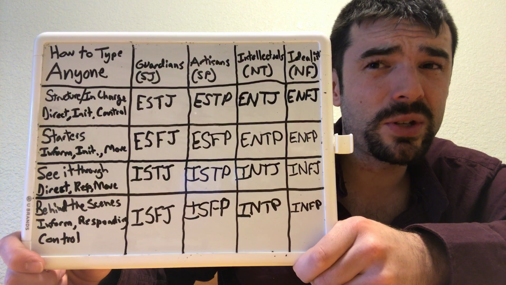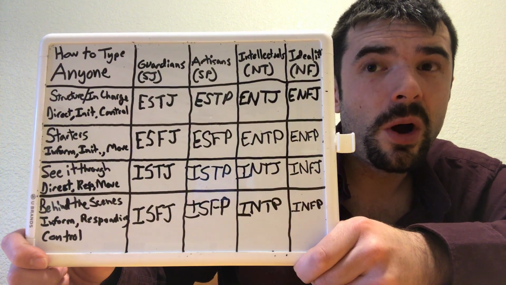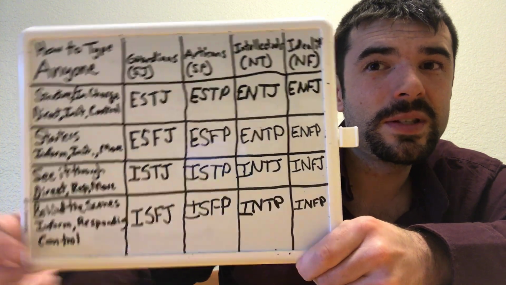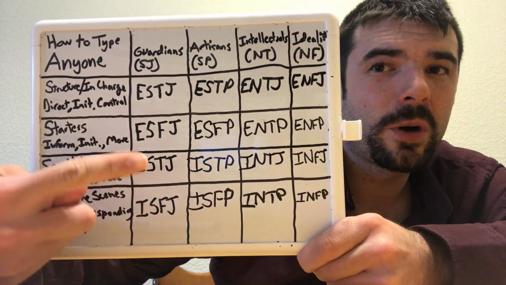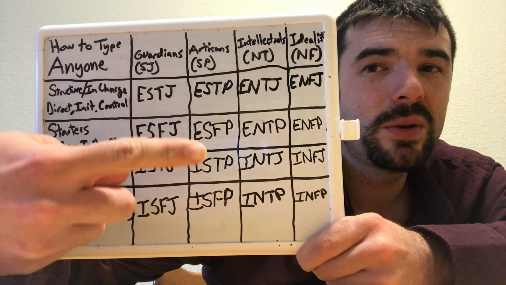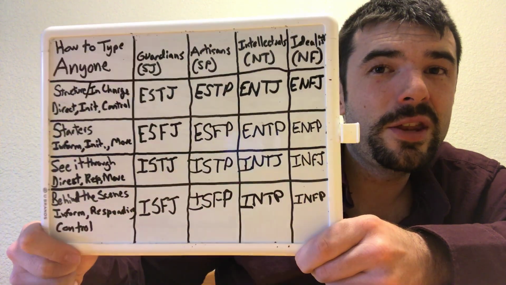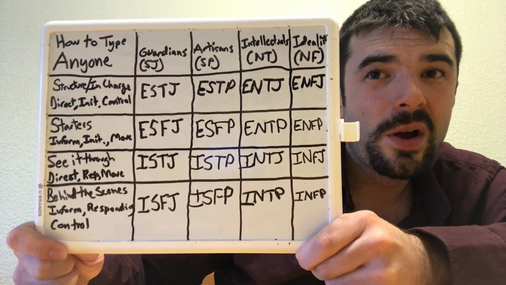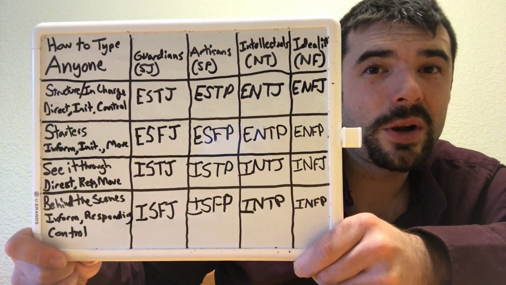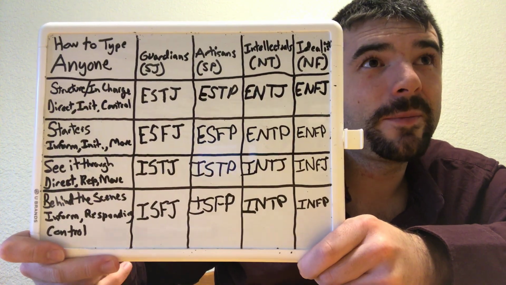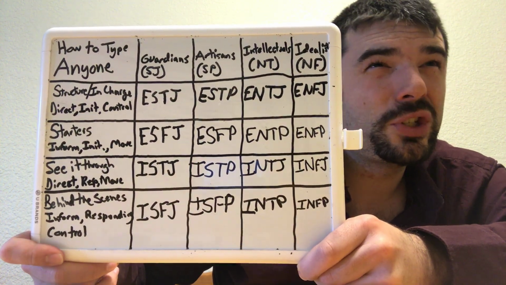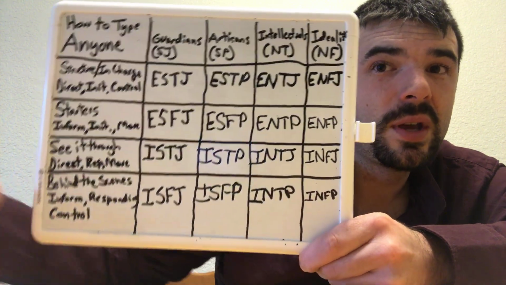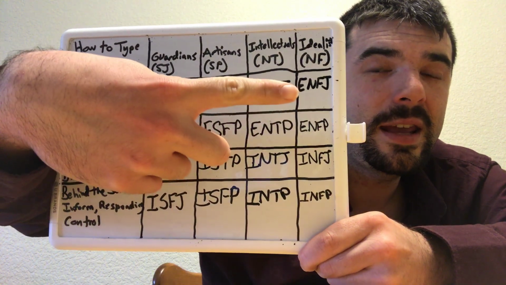To go even deeper with this grid, you can actually write out all of the top 4 cognitive functions attached to each type. Imagine putting the 4 cognitive functions inside these boxes in order for each type, and then you can actually see another pattern of how the cognitive functions are kind of close to each other on the grid. And then because you know their cognitive functions, you can look at someone and be like, wow, that guy's very SE child. And you immediately know that there's only 2 SE child types. That's the ENTJ and the ENFJ.